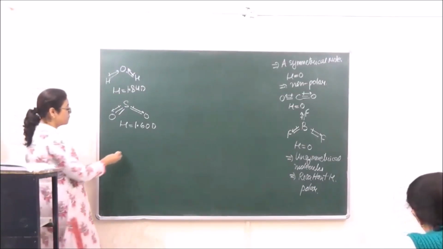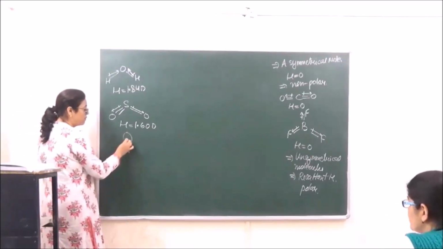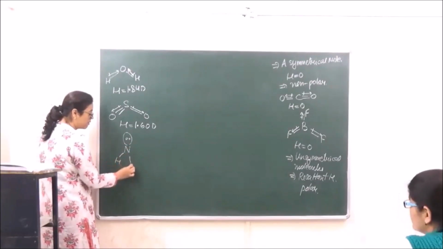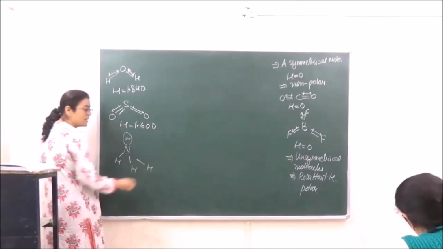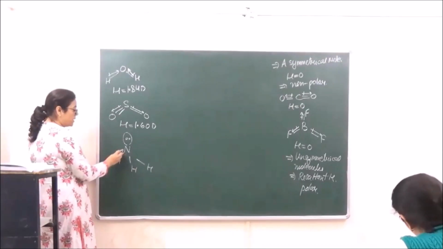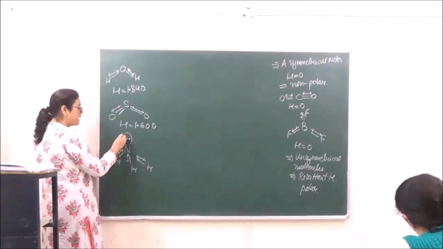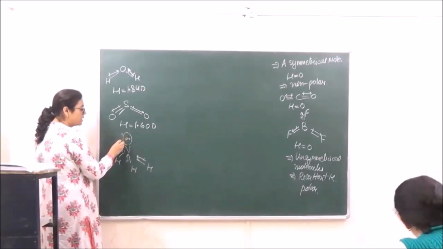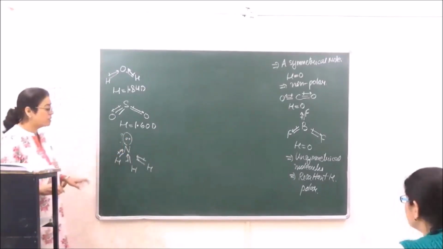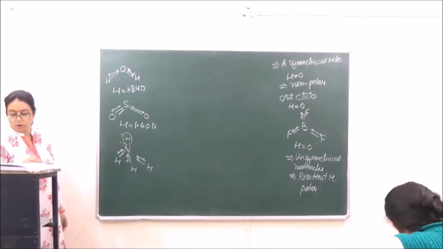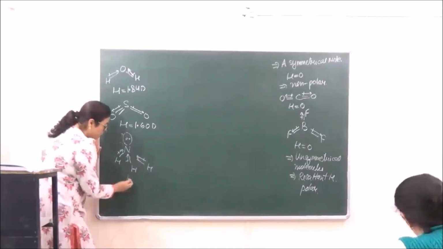Then we can take the example of NH3 over here. This is NH3. Over here nitrogen is more electronegative, and the vector also goes towards the lone pair of electrons. Therefore, here also there is going to be a net dipole moment which is equal to